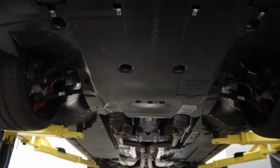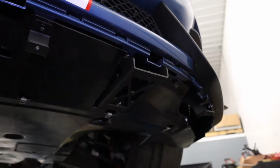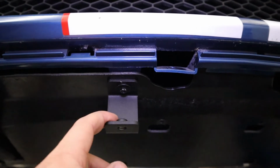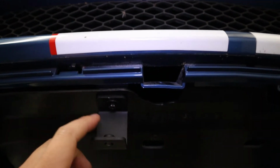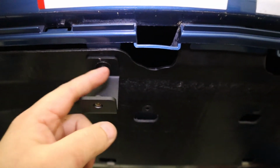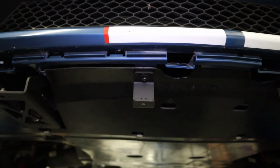Right, now we've got the under panel installed. Got our brackets on the sides, just like this. Now we've got the center brackets, these little C-shaped brackets that we're gonna need to install. So basically the under shield will be sandwiched between this bracket and the bumper. You're gonna reuse the 7 millimeter factory bolt that went here in the first place. You wanna have them clocked so that they're straight front to back,